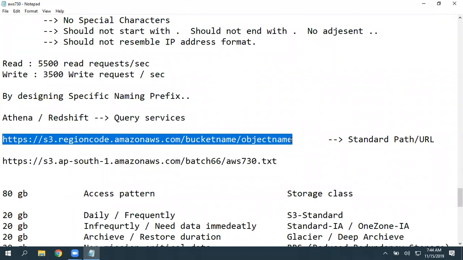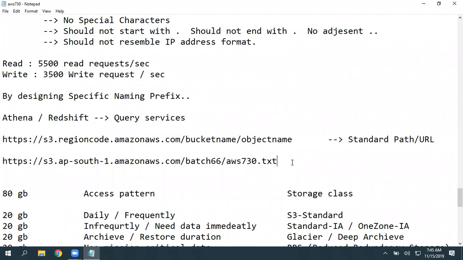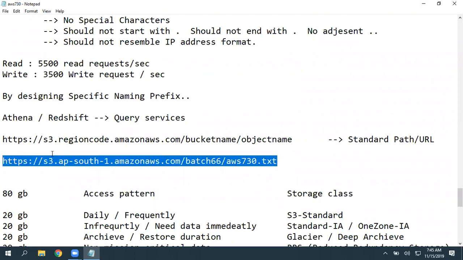First, you need to disable the public access settings on your bucket. By default, block is enabled. You must disable that, then only you can make an object public. Without disabling that option, you cannot share any object with any outside world user. Okay, so that is what it is. So there is a sample document which I shared in our last session.